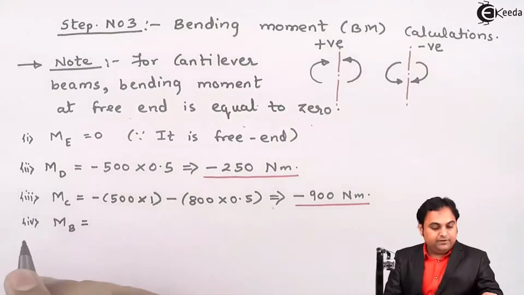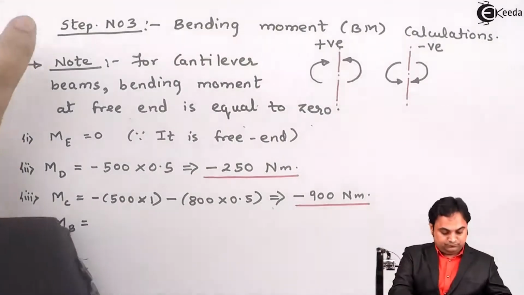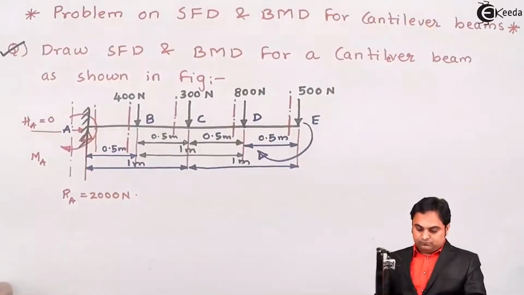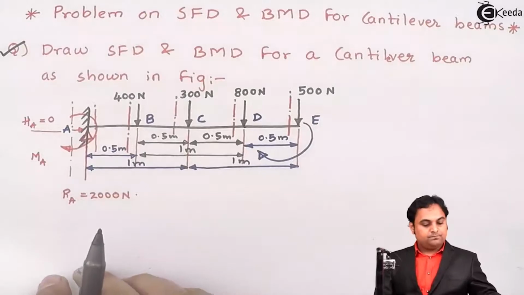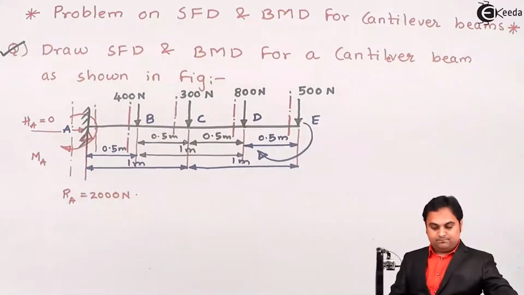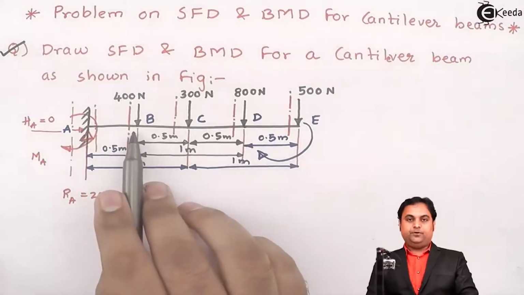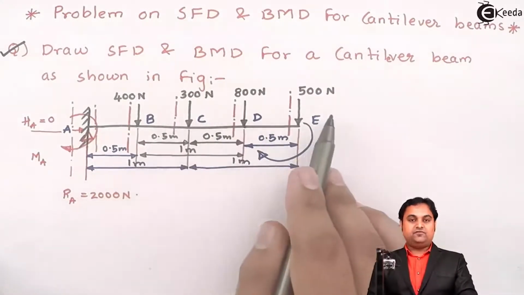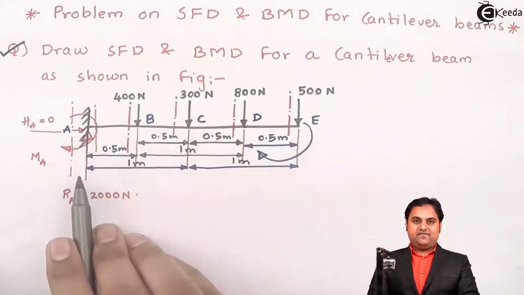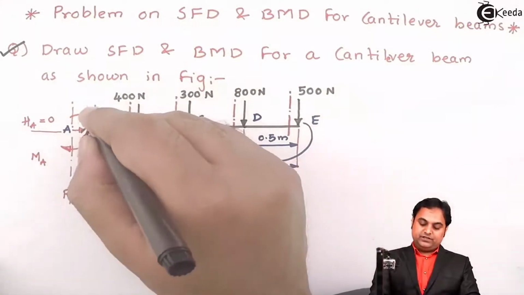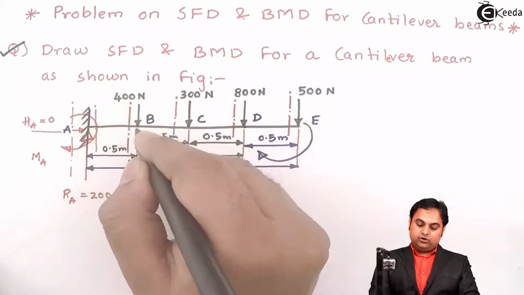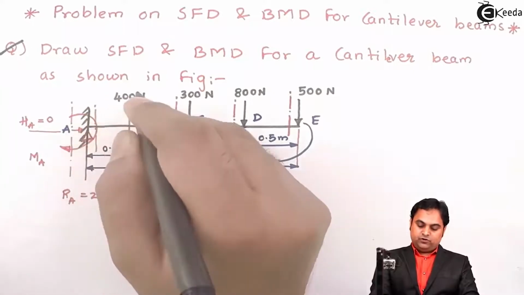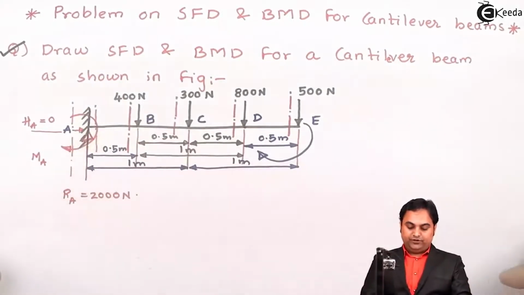Moment at point B will be equal to, now if I see point B, on the right hand side of B there are 1, 2 and 3, there are 3 forces. On the left hand side I have RA, so this will be producing a moment in clockwise direction. So to the left of B, clockwise moment is treated as positive. So here RA into 0.5.